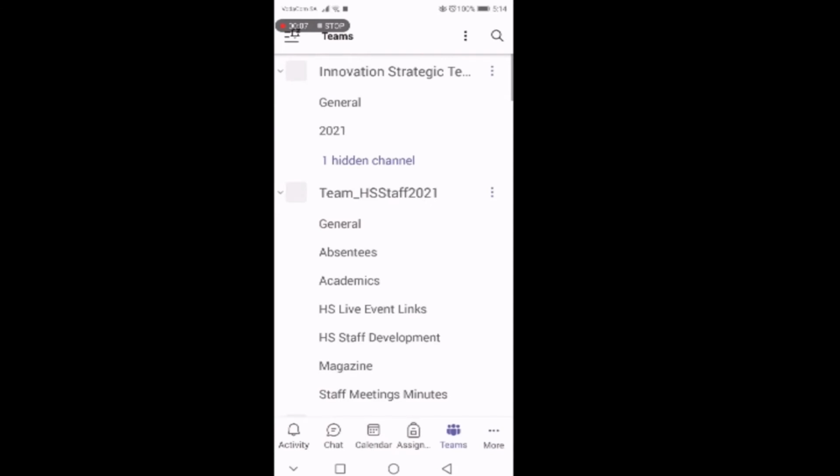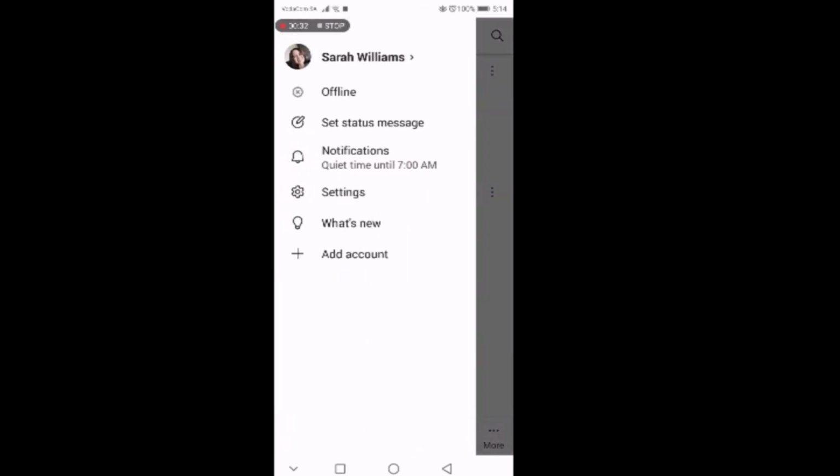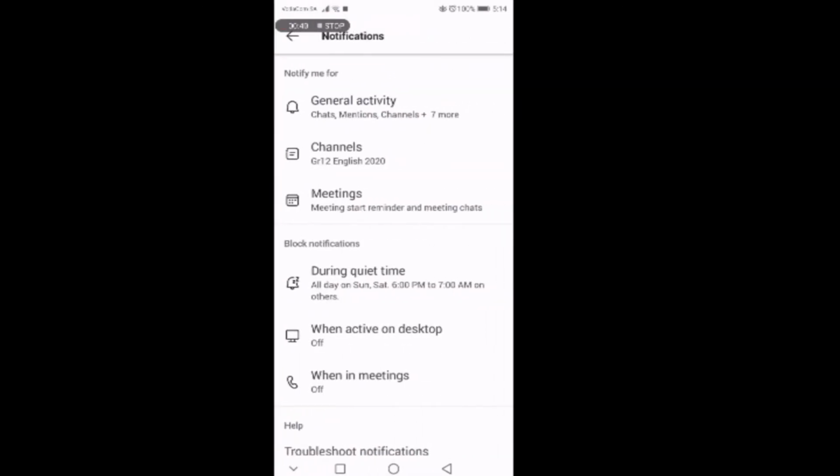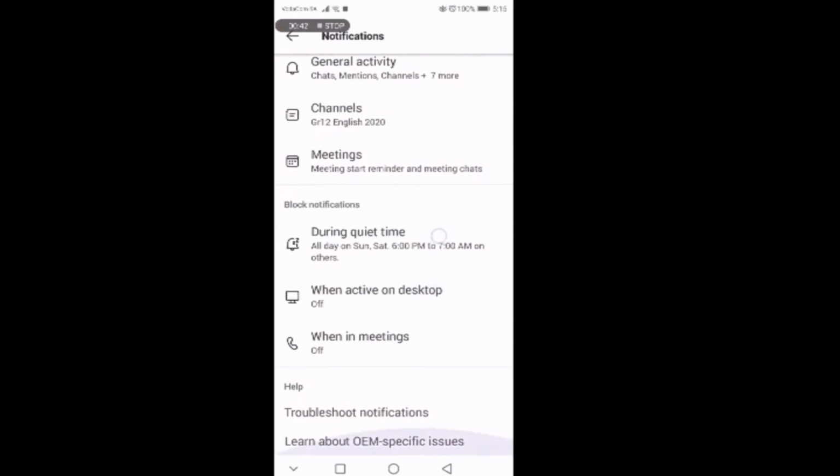One of the most important things I've realized is to be able to try and work on a work-personal life balance. One of the most useful things that I did is I was able to mute notifications on my Microsoft Teams app on my mobile device. If you'd like to do that, open up Microsoft Teams on your mobile device, go to the top left corner, click on the 3 lines. What you'll see is